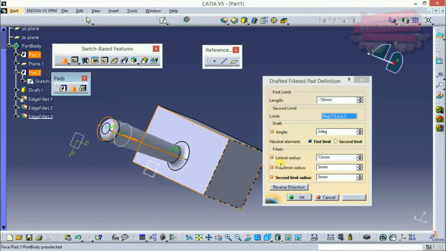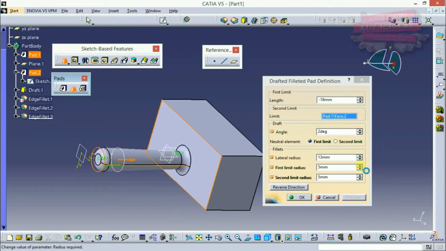So I have increased my lateral radius, and now I'll change my first limit radius. This is my first limit radius which I had given at -18 mm, and my second limit radius would be this, which I had given by specifying the face. So my second limit radius would be this.